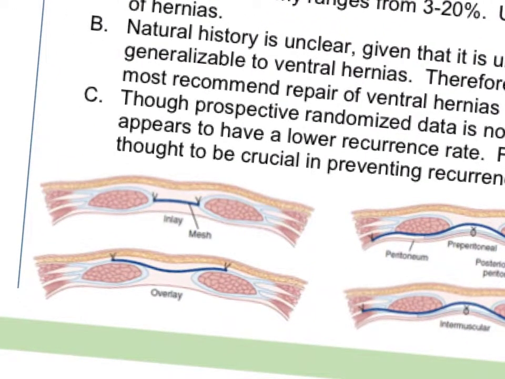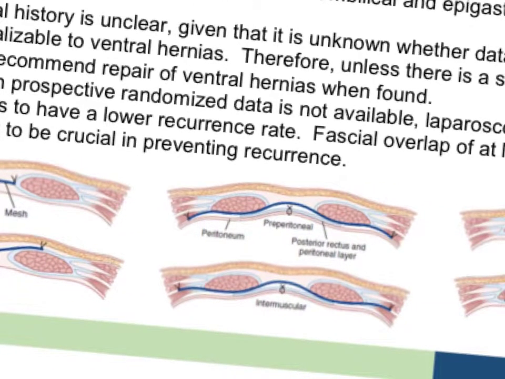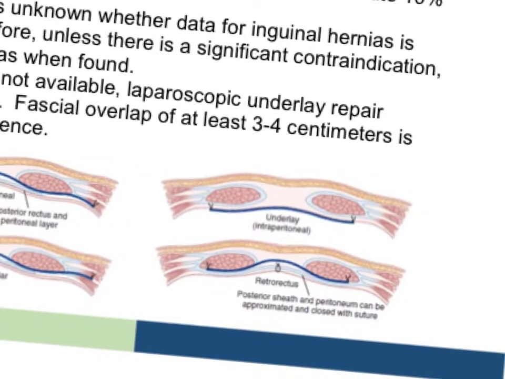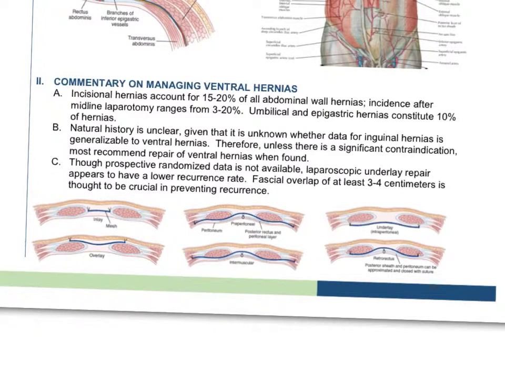Inlay repairs are within the defect itself. Overlay repairs are over the defect. Preperitoneal repairs are in the space just anterior to the peritoneum. Intermuscular repairs are self-explanatory. An underlay repair is beneath the fascial defect. And a rectus repair is one that is anterior to the rectus sheath but below the belly of the muscle itself. Outside of special circumstances, it appears that an underlay type of repair is associated with a lower recurrence rate